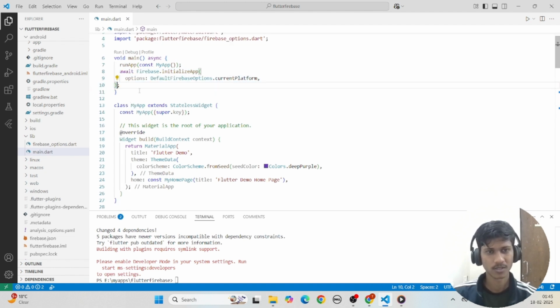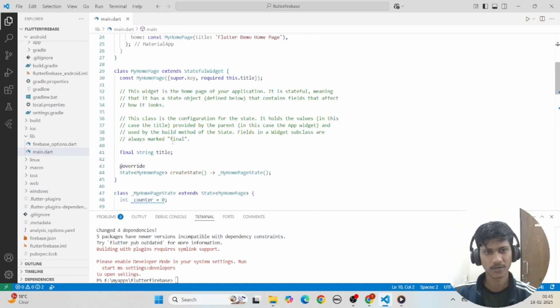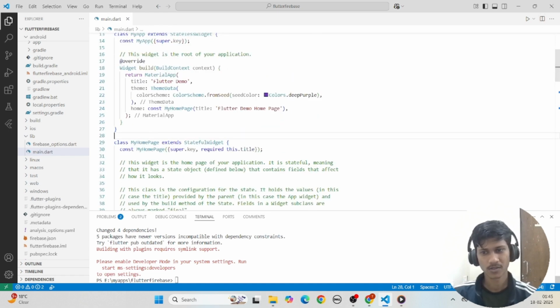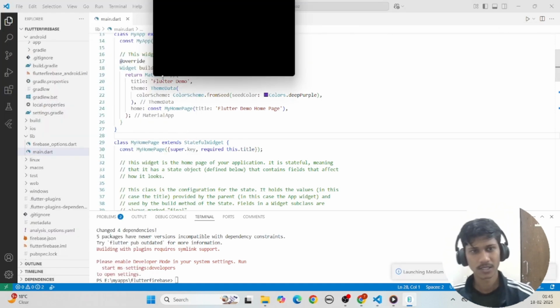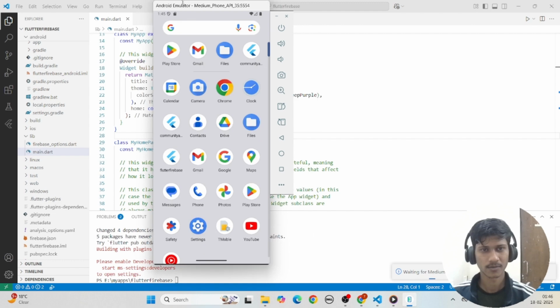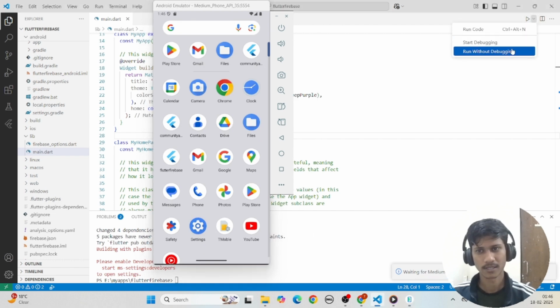so we have done it. Now we will just need to run that. So let me open my emulator, resize it. Let's